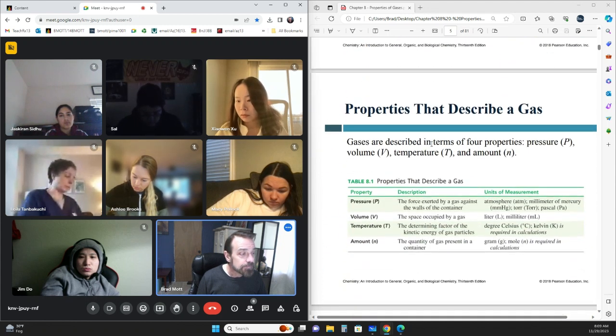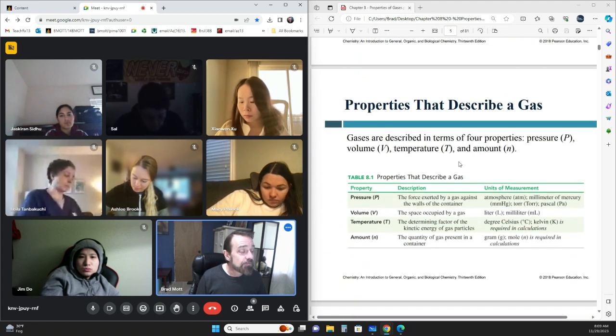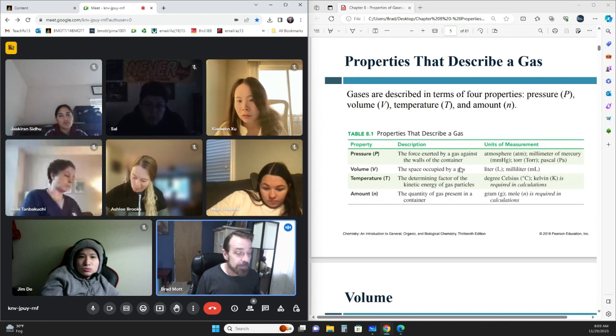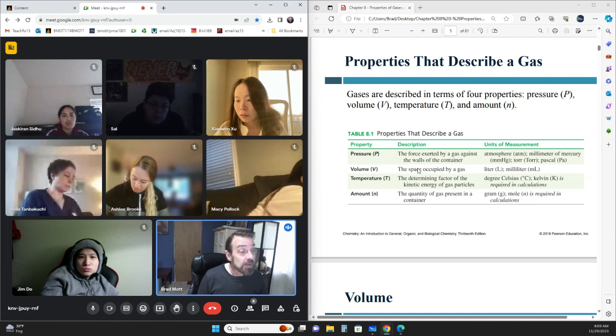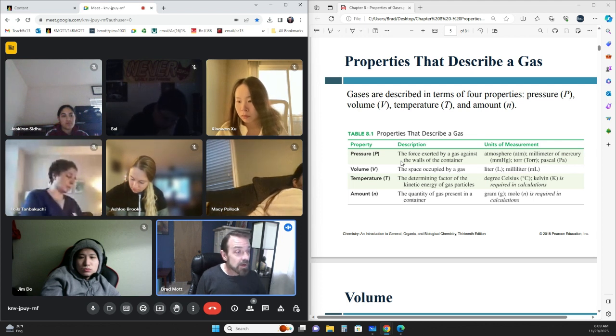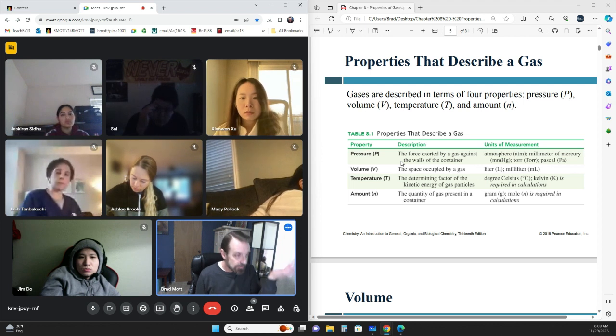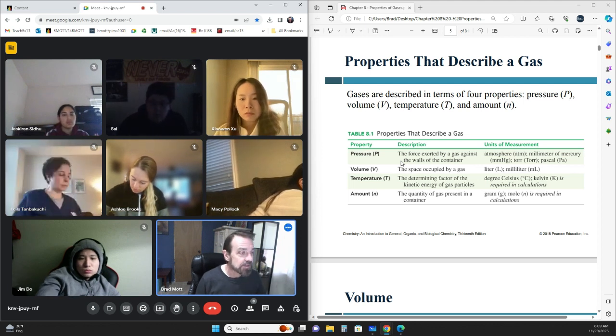Okay. So we have 4 variables that we're going to be looking at, and we're going to manipulate these variables as we work our way through these formulas. The pressure, that's the gas pressure against the walls of whatever container it is, basically a measure of how hard they're running into the side of the walls before they're bouncing back. Volume is,